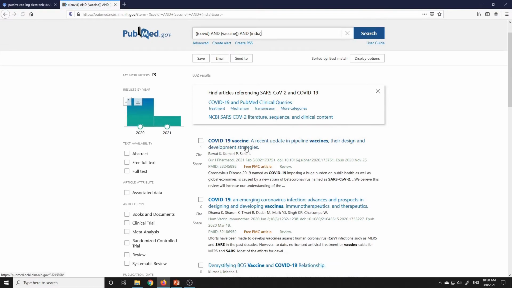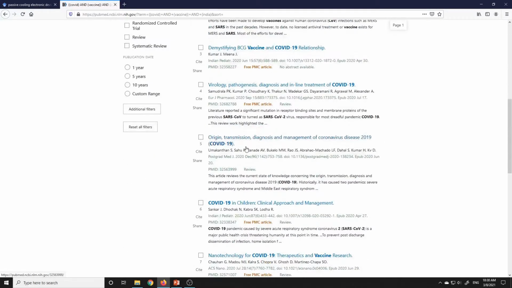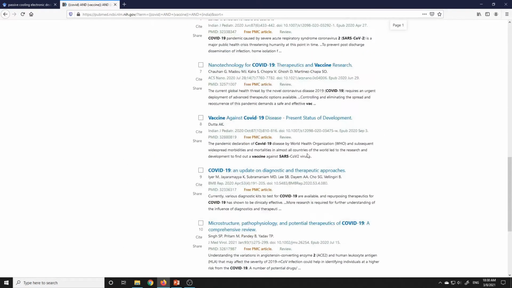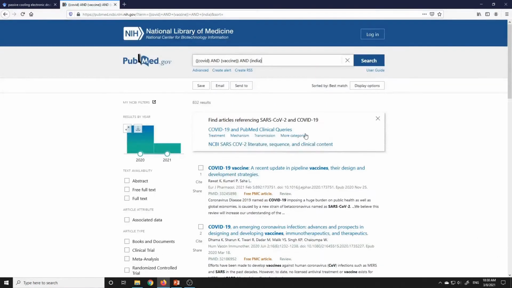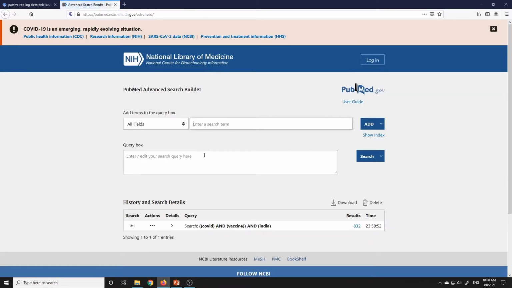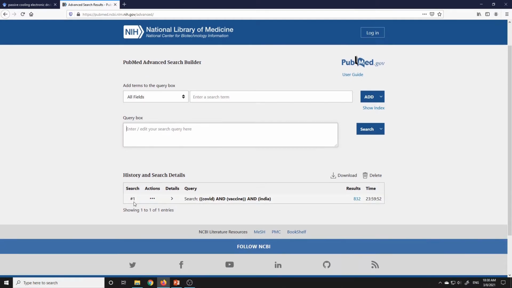For COVID vaccine India, whatever papers have been published are all here now. Let's try something else. Going to advanced search, you can directly type it here also, and see the history is showing a total of 832 results, about 832 research articles on this.